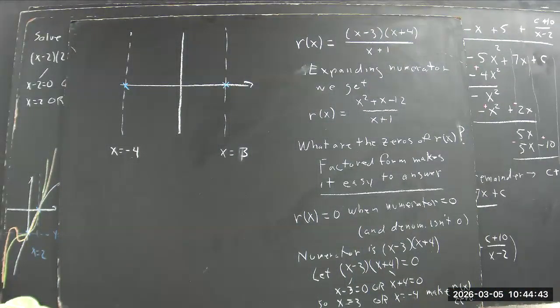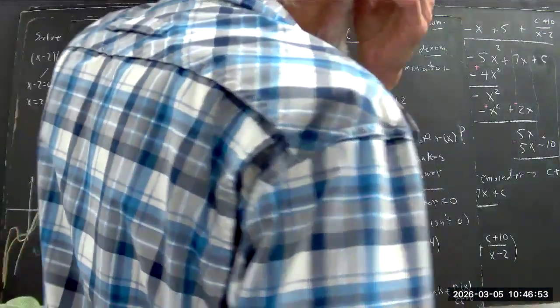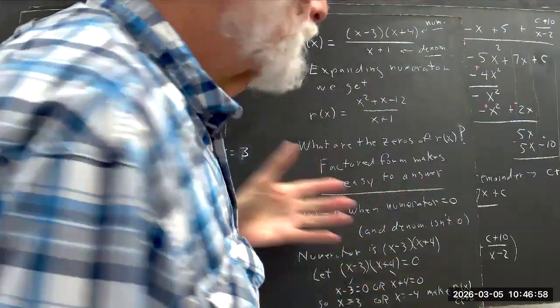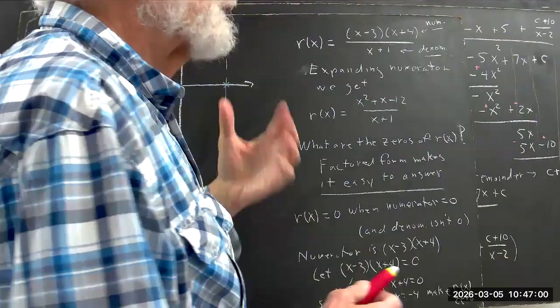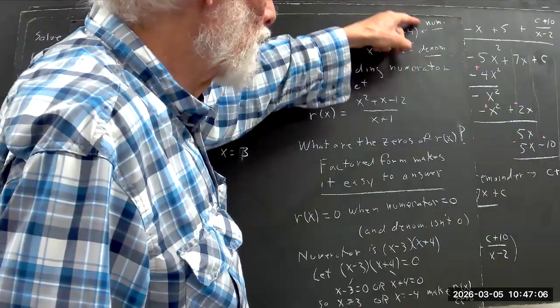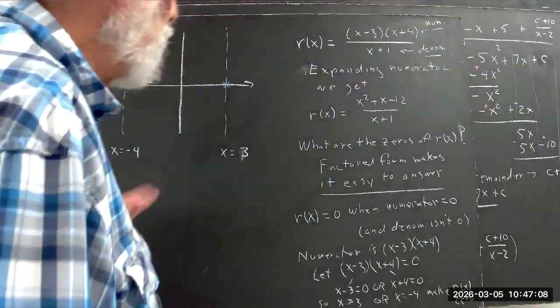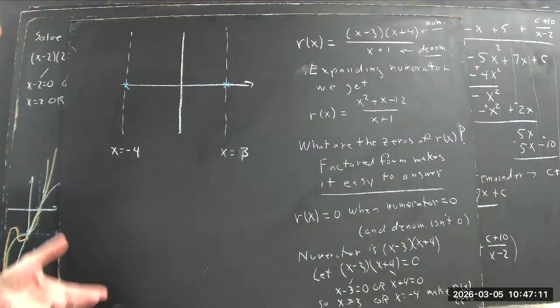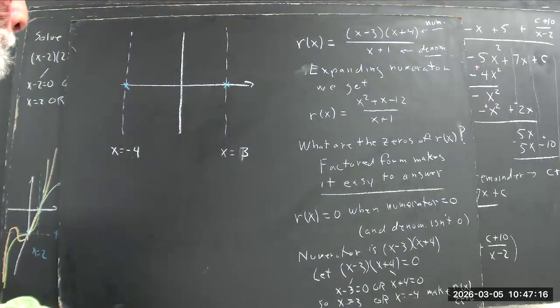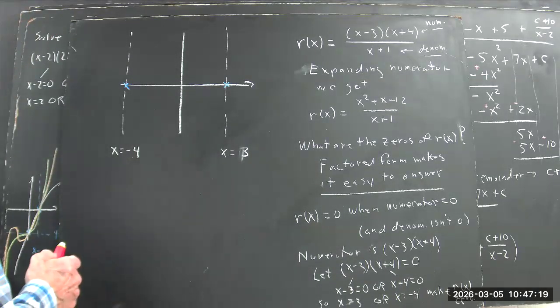Okay, now let me ask you, is there a number that makes the denominator 0? Okay, just to be sure, we clarified what the numerator was and what the denominator was, because some people weren't sure of that and maybe got that mixed up a little bit. So there's our terminology, numerator over denominator. And then I immediately got the answer, okay, x equals -1. Well, that's the answer to the question, where's the denominator 0? Okay? And I asked that question, but didn't write it down. So